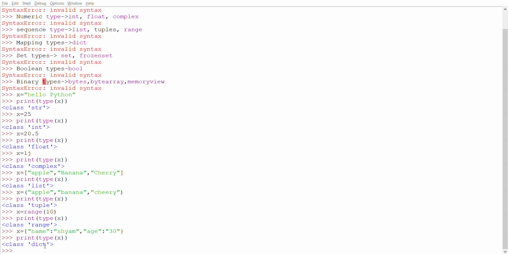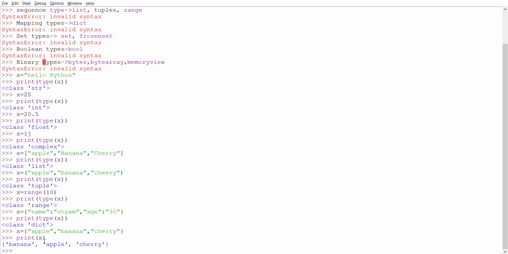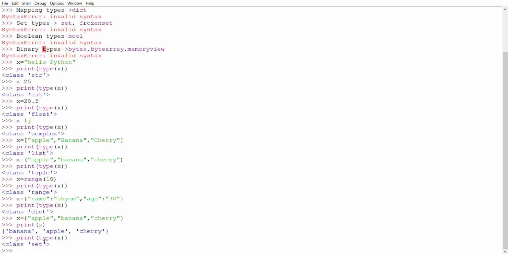Okay, now we'll go with set. In the set we also use the curly braces, but we don't have key value pairs. Print type of x. Okay, you get a set.